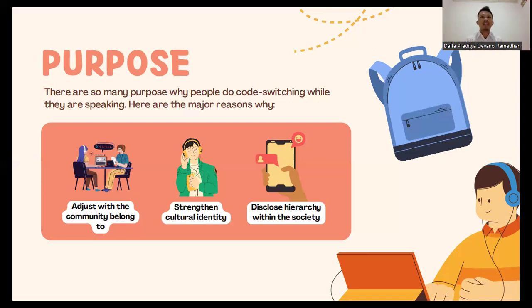And then the second purpose is to strengthen cultural identity. It happens because in a country with many international communities, like the US, which is very diverse and broad, code switching is one way to strengthen their cultural identity. There is always something like a culture festival, for example on campuses, where students from different countries present their culture